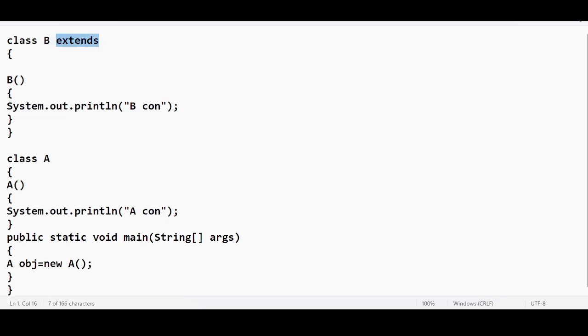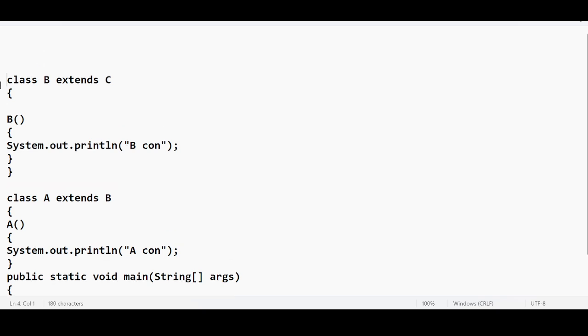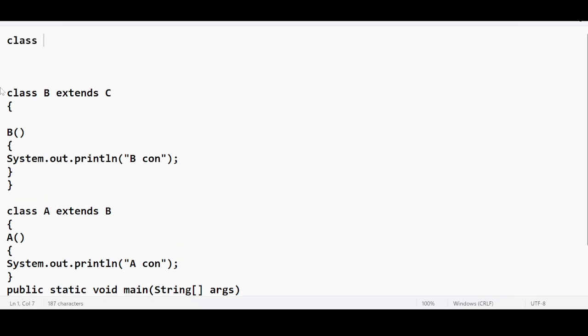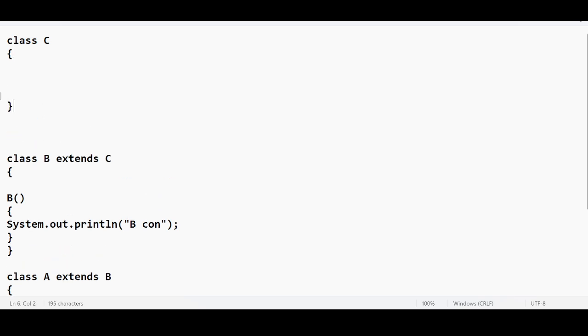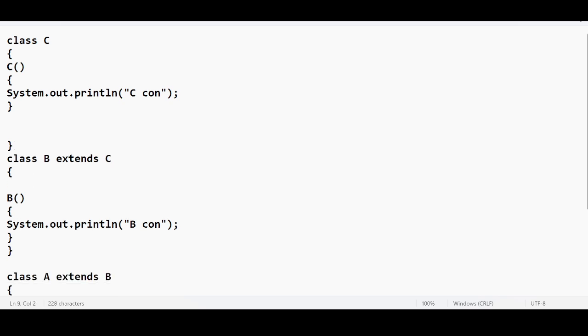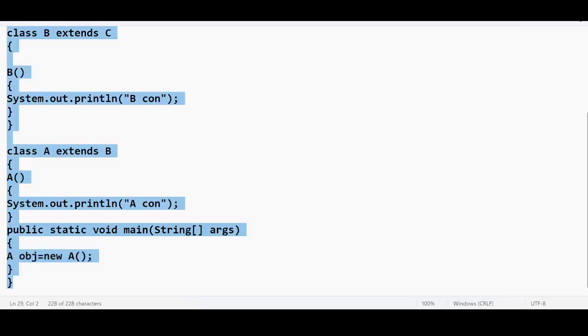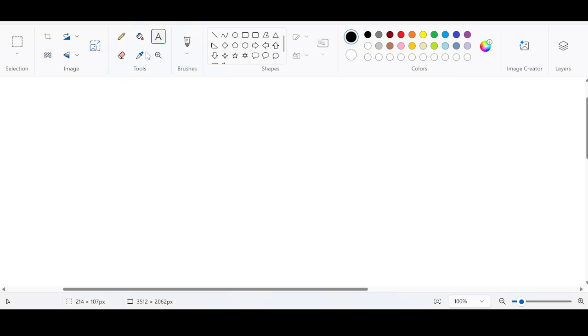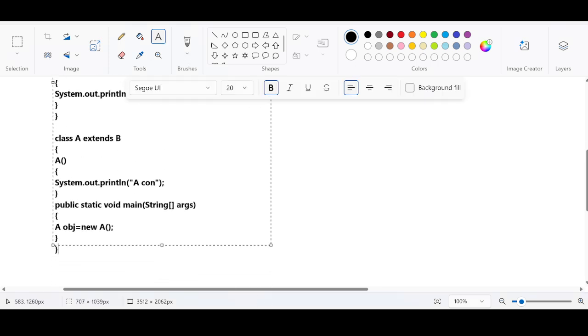Okay. Now let us try to increase the complexity. I'm saying my class A is extending class B, and my class B is extending class C, and I'm taking class C here as well. Now if I take class C here, let me add my class C constructor. I'm using Ccon here, right? Now if I just execute this piece of code,